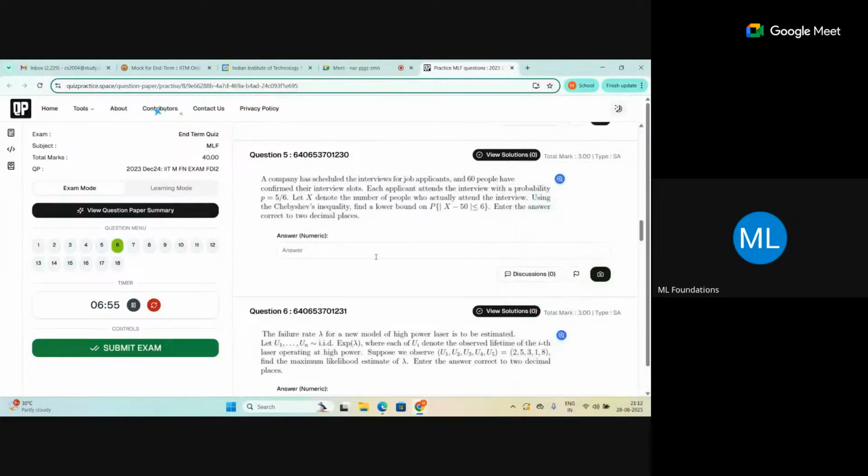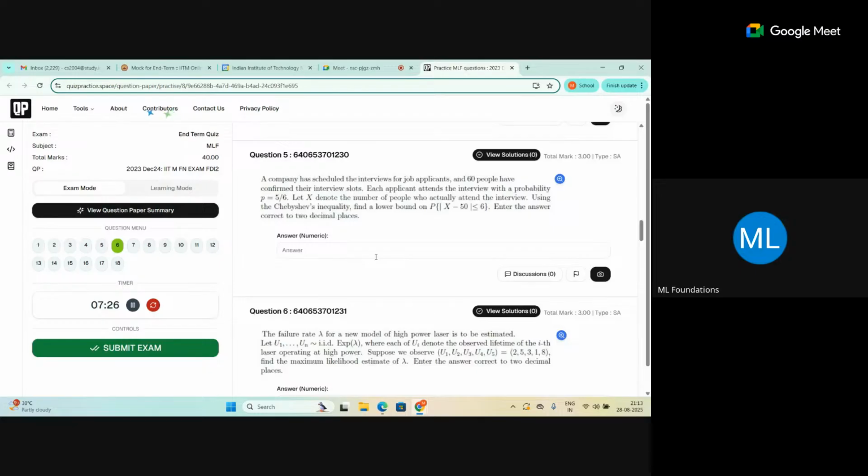Let's see this question. The company has scheduled the interviews for job applicants, and 60 people have confirmed their interview slots. Each applicant attends the interview with a probability of 5 by 6. Let X denote the number of people who actually attend the interview. Using Chebyshev's inequality, find a lower bound on this probability that